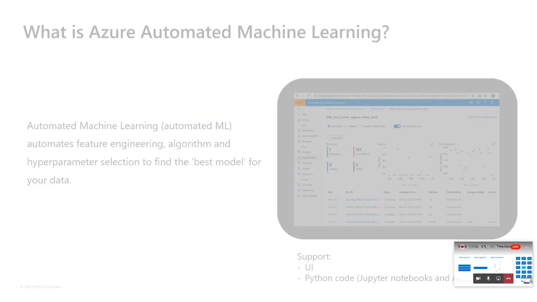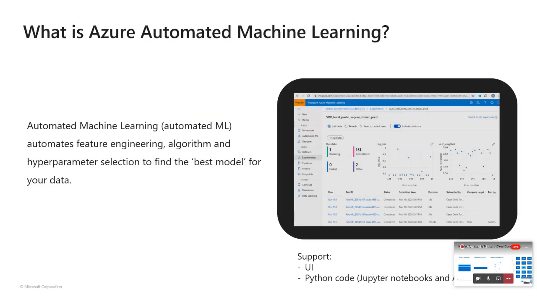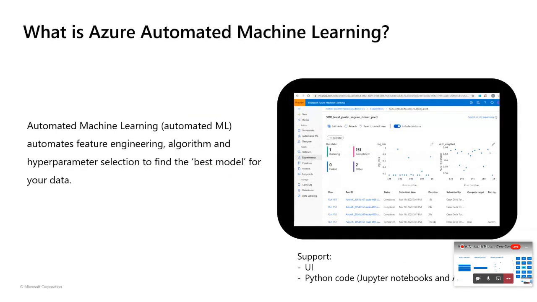Now that's where automated machine learning can help you. It basically allows you to automate your feature engineering, algorithm and hyperparameter selection to find the best model for your data. So what you do, at the end of the day, is give it the data and tell it what kind of problem you are dealing with for that particular data,